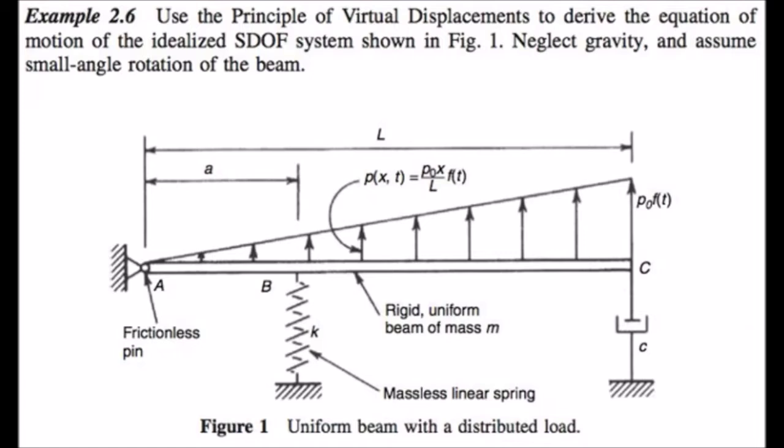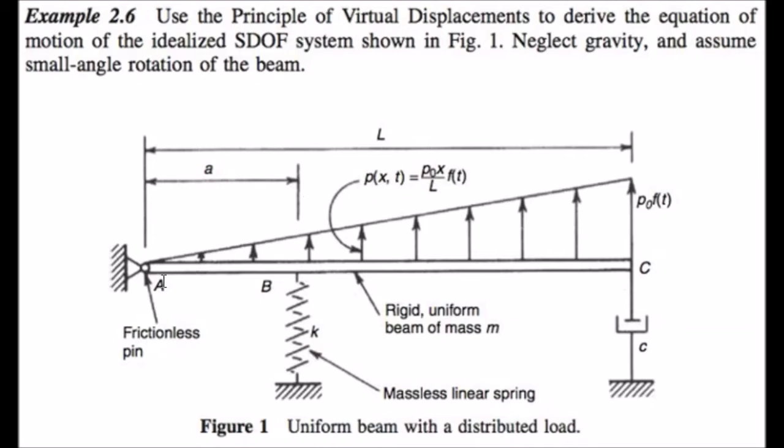Now if we look down below at this figure, we have a uniform beam with a distributed load. We can see this distributed load across the beam here. We have a relationship for this load right there. We can see that the total length of the beam, we have length L. We start at point A at a frictionless pin, move up to a point B,